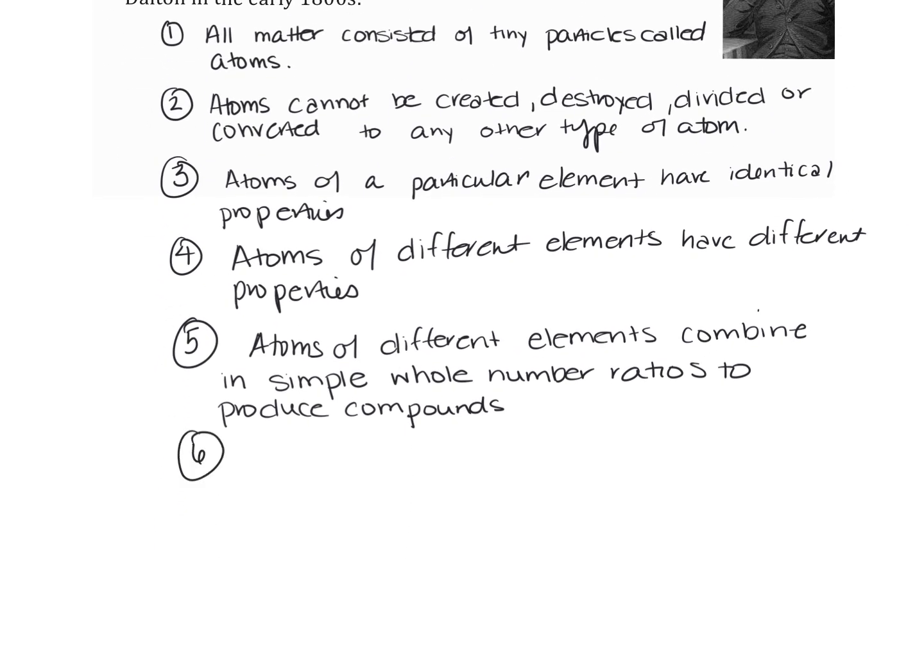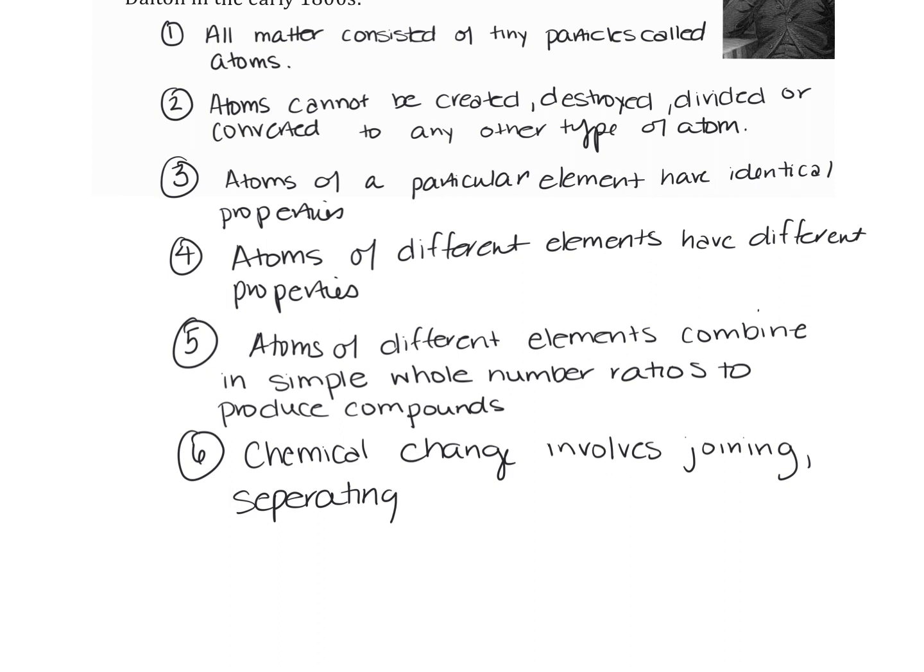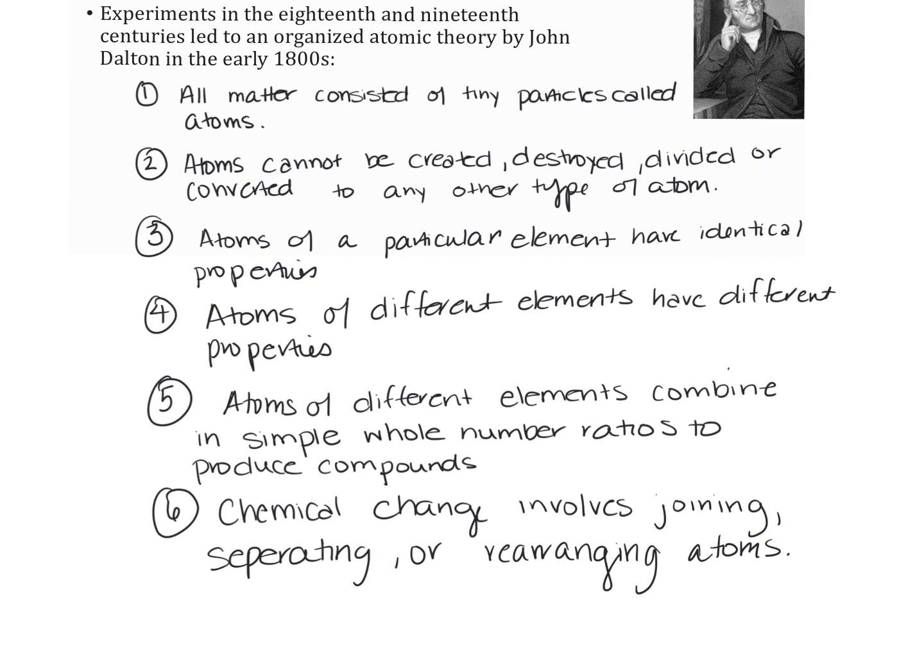And then 6 was that chemical change involves joining, separating, or rearranging atoms. Now, when we look at this, this was done, like I said, in the early 1800s,